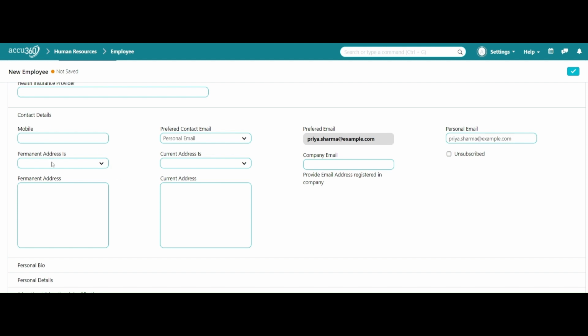Okay, and here we will add if it is rented or owned by the employee also. So we will select owned, and we will copy the address from the example itself. Okay, and we will also mention the current address is same as